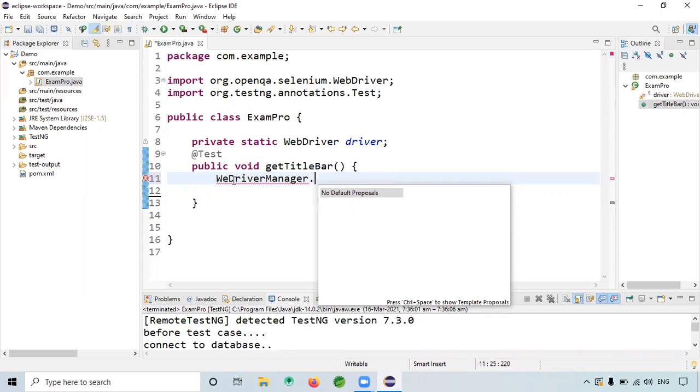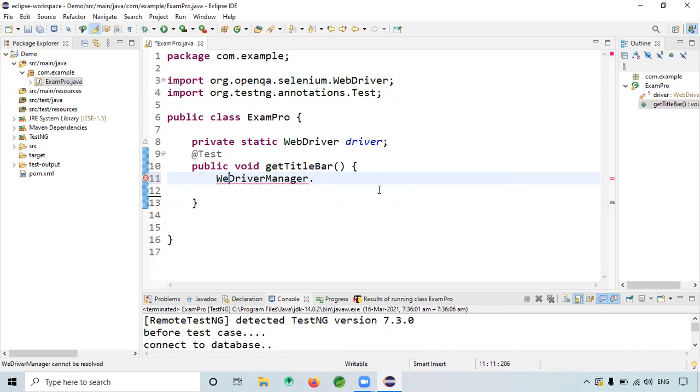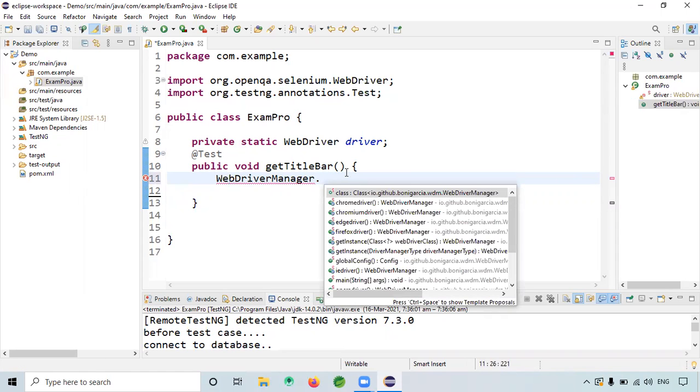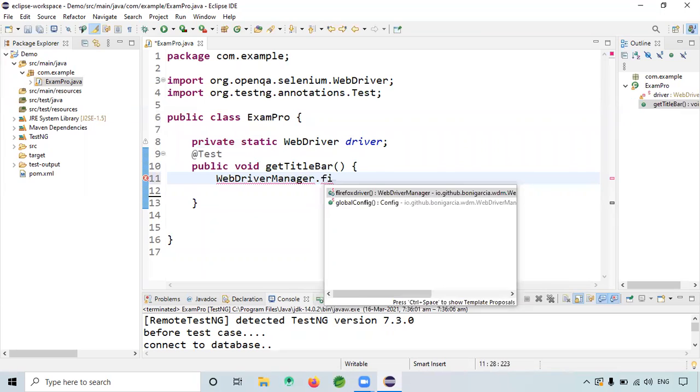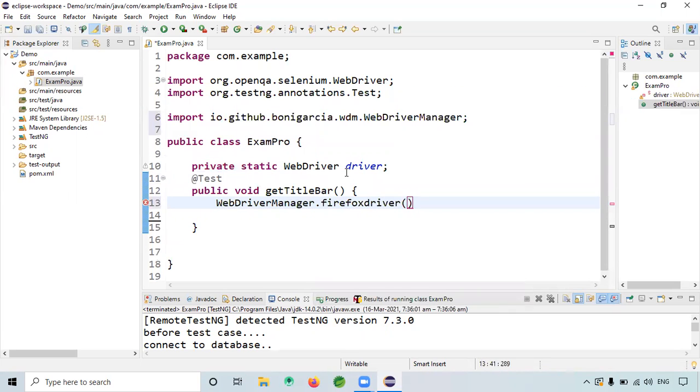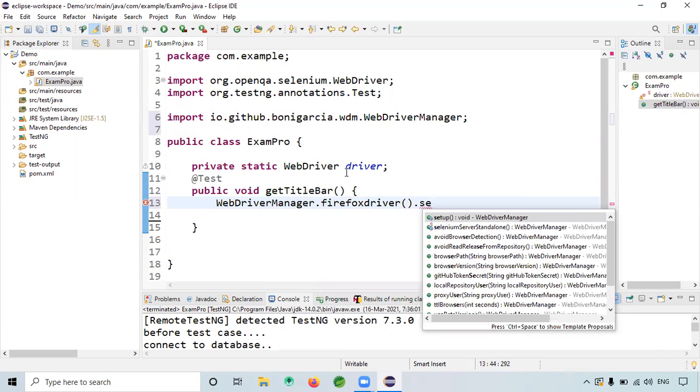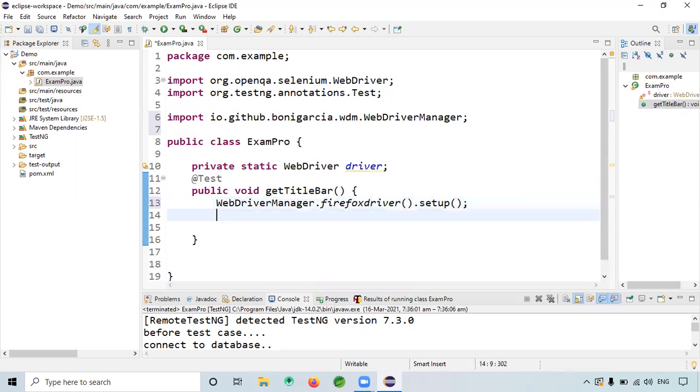Eclipse got hanged. Yeah, so we want Firefox driver now dot setup.